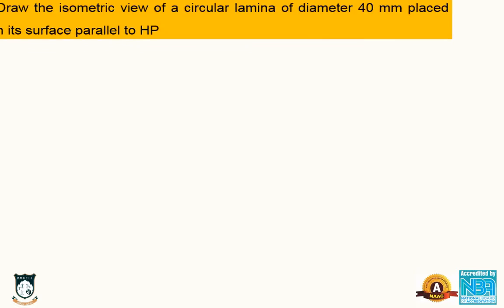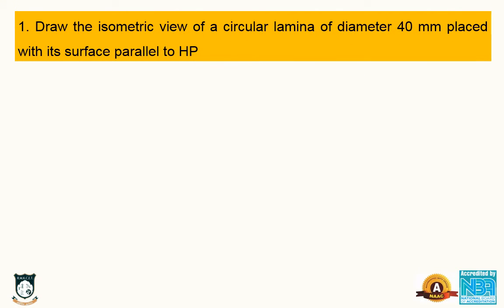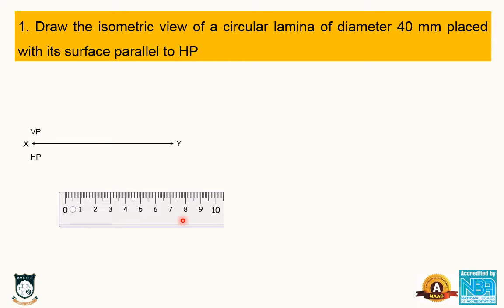Let me read the question. Draw the isometric view of a circular lamina of diameter 40 mm placed with its surface parallel to HP. In order to draw this, I am making a reference line of X and Y, then VP and HP, this is common. To draw the 40 mm circle, I am taking a 20 mm radius in the scale